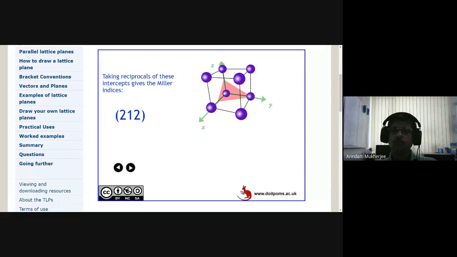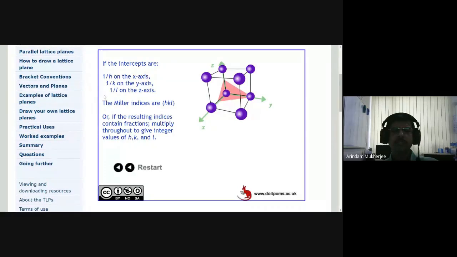And this 2, 1, 2 is not just this plane. There can be many planes. In fact, in the next unit cell, there can be one more plane, which may actually be 4, 2, 4. That can also be simplified as 2, 1, 2, because the 2 can be taken common, and that has no meaning. After the common factor is taken out, it can be discarded. It just tells you that you have moved to another unit cell using this as origin. So the parallel set of planes will have the same Miller indices. That is what I am trying to say, and we will see this very soon.